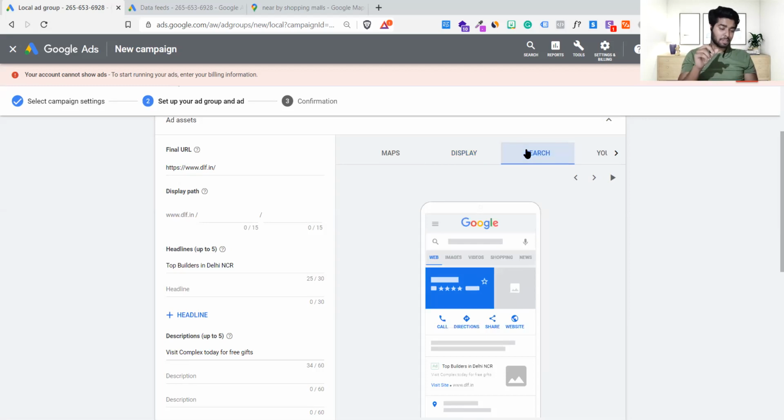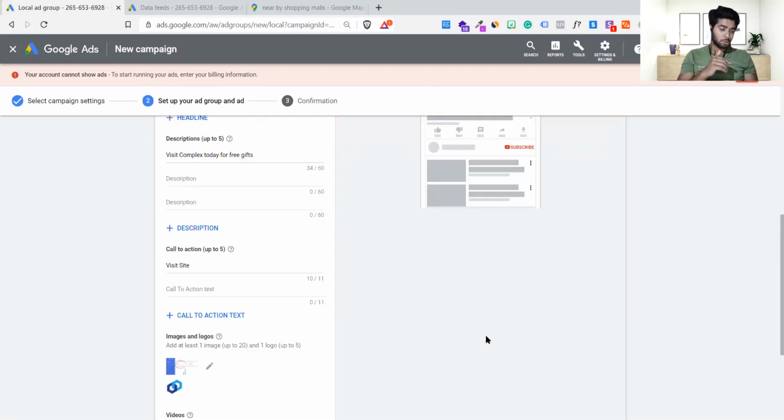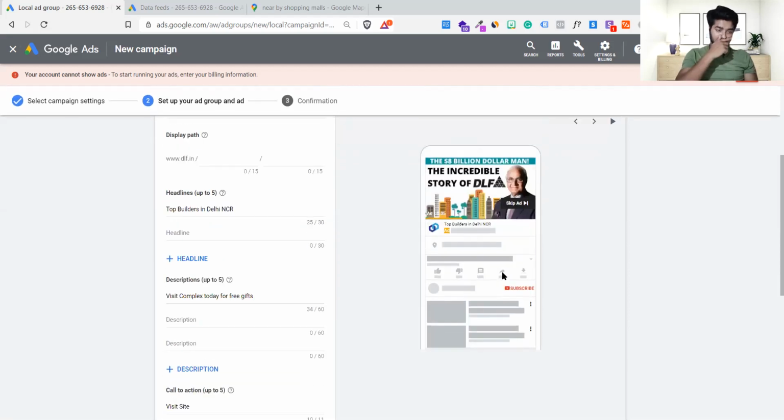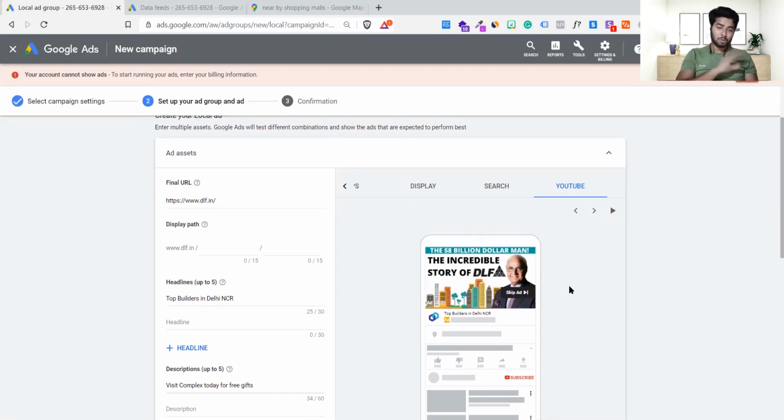Search. If somebody is searching, you will come on the top on the web, as a Google My Business. Now, the fourth option. If someone is watching a video, you will also come on this skippable ad format and also down below on YouTube, which is next to this. So this will be insane for local business. Everywhere ad. Yes, this is something you can run to create awareness in your next 50 kilometers area.